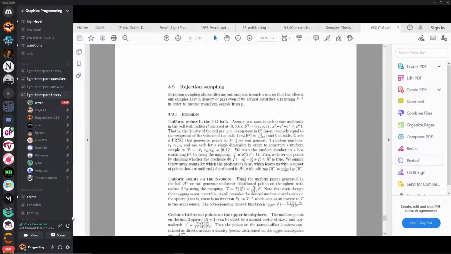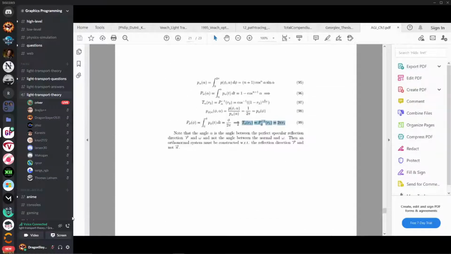And questions on that? Yes, no questions. It would become a lot more practical with the Shadertoy examples from the next chapter. Finally, rejection sampling allows you, even if you cannot construct such a function here,